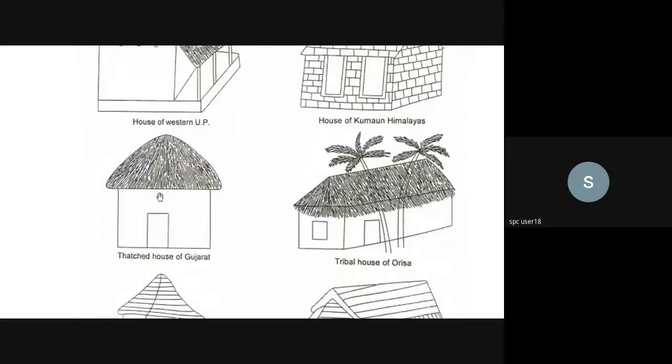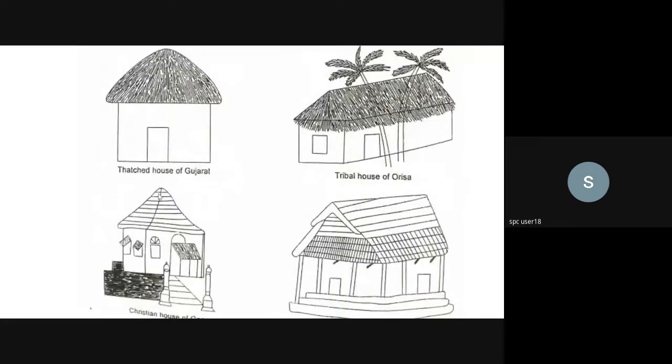Okay. And then you come down to Gujarat, you'll see that as compared to other areas, now this is not hard and fast. I have my reservations about this thatched house in Gujarat. But it's more of a conical in shape rather than rectangular and squarish houses that you find in other parts. Similar thatched houses in Orissa as such. So in most cases, you'll see that rural India has been in blend with the nature in many cases. That's so very obvious as such.